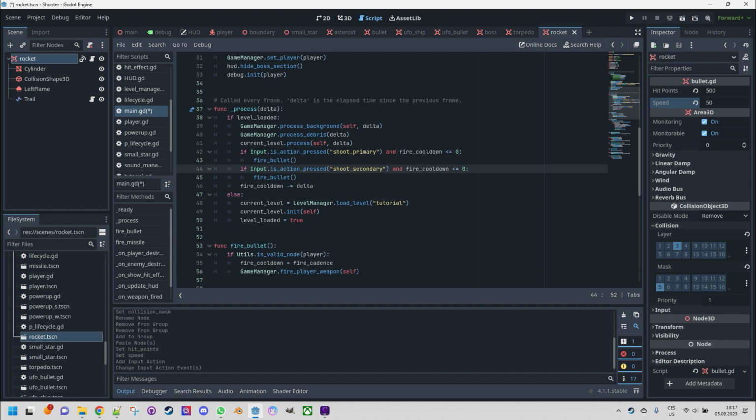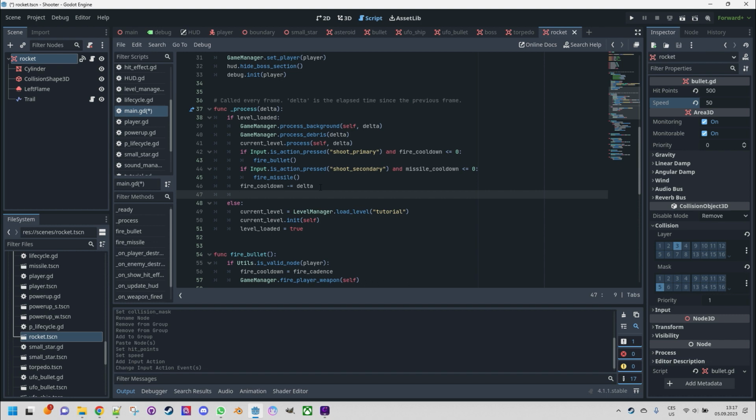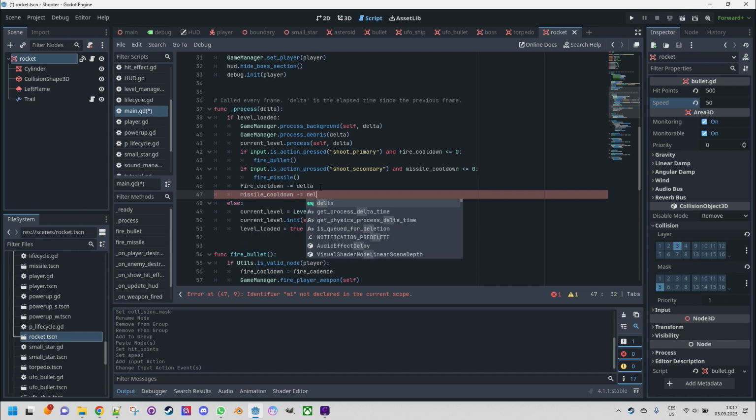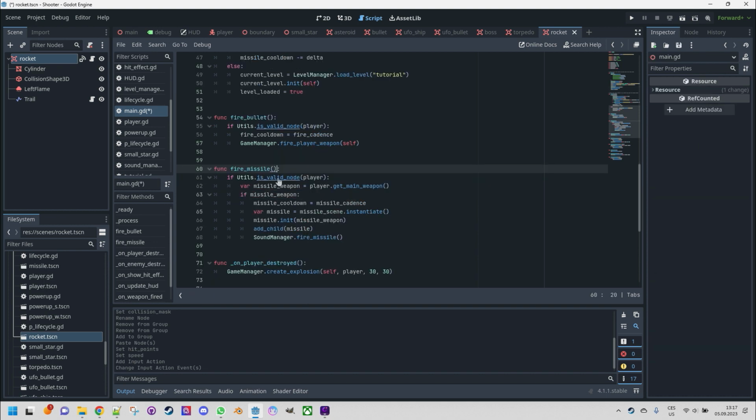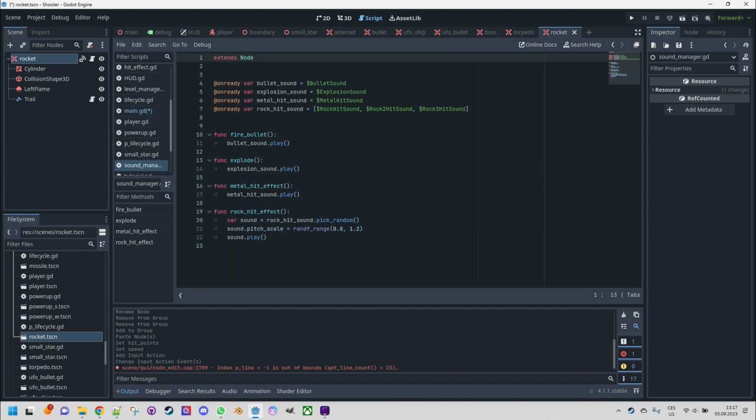Okay, and not fire cooldown, but missile cooldown, and fire missile. Okay. And of course we need to decrease the value of the missile cooldown here, otherwise it would never change. Missile cooldown decreased by delta. Now we are already calling this and it doesn't exist yet, so just like we did before, let's add a